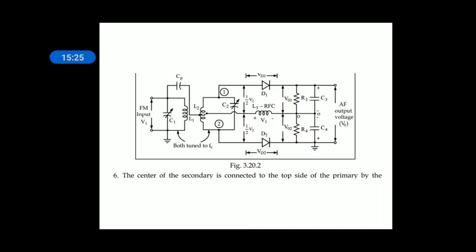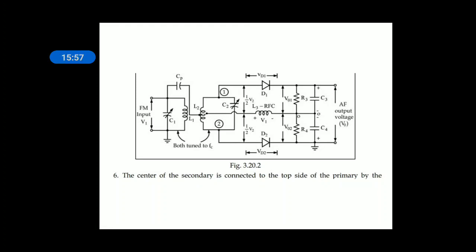So as we know, in FM signal or in frequency modulation, the signal contains three types of frequencies. One is constant, the carrier frequency, one is higher than the carrier frequency, and the other one is lower than the carrier frequency. Similarly, for explaining the demodulation also, we will take three cases: when the FM signal is exactly equal to the carrier frequency, and when it is having a higher value and a lower value, what happens, right.